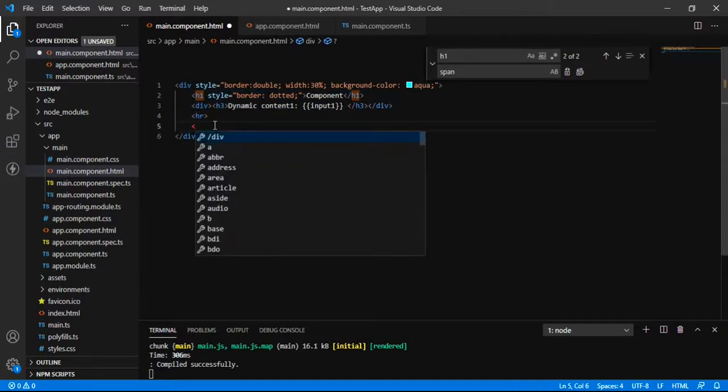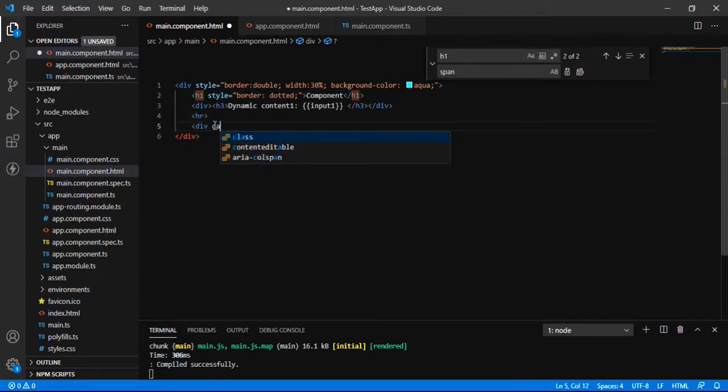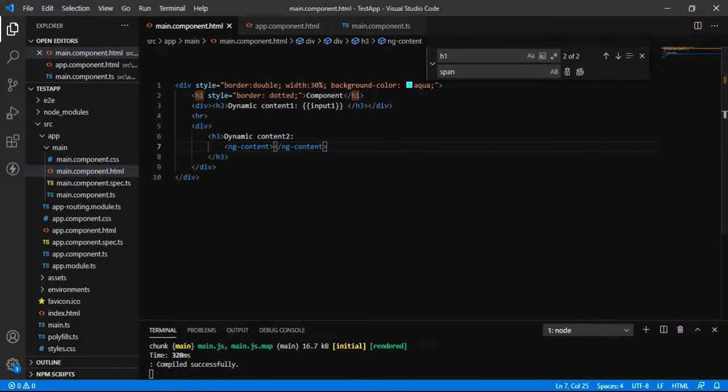Before we start with ng content by projecting the HTML elements, let us simply define the ng content and inject a simple string in it. Suppose that this is going to be our dynamic content 2, and the content will be projected inside this ng content section.